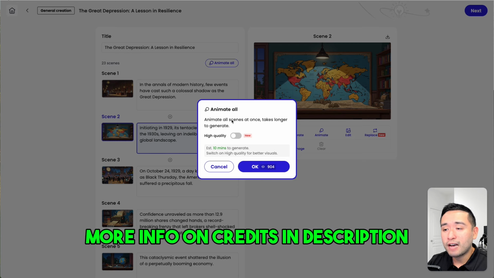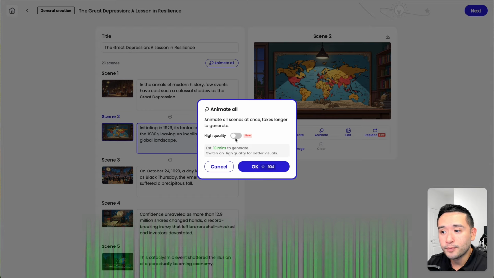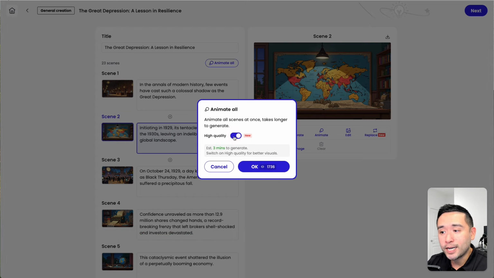Now, if you're wondering about credits, you wanna listen up because you have 2 options here. You can generate a standard quality animation, which will consume 900 credits, or if you want high quality animation, it'll consume 1,736 credits. Now, if it were me, I would naturally want to do the high quality because I obviously want